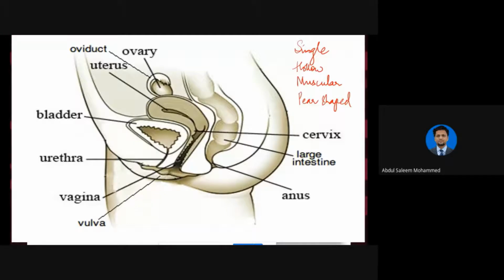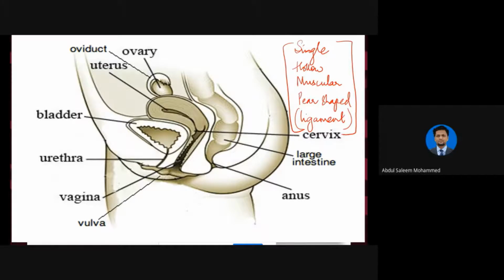Okay, and this uterus is very well supported by a special connective tissue known as the ligament. The connective tissue present around the uterus supports it. Why does it support the uterus? Because the uterus holds the fetus during pregnancy. So in that way, it is very well supported by the ligament, and moreover, the uterus is attached to the pelvic wall. So this complete description is about the uterus.